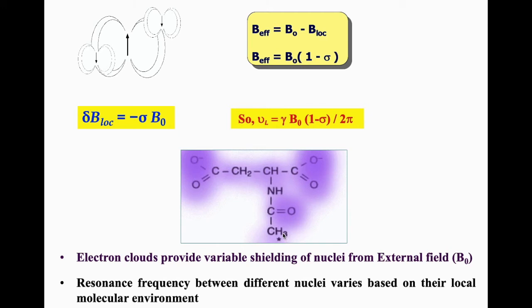So chemically the proton is the same, but since it is present in different chemical environments, it will have different electron density around this particular proton nucleus. So normally what we expect is a different chemical shift for this particular proton, and this methine and then methylene protons. To summarize all these things in a nutshell, electron density around a particular nucleus is primarily responsible for the chemical shift that we observe in NMR spectroscopy.